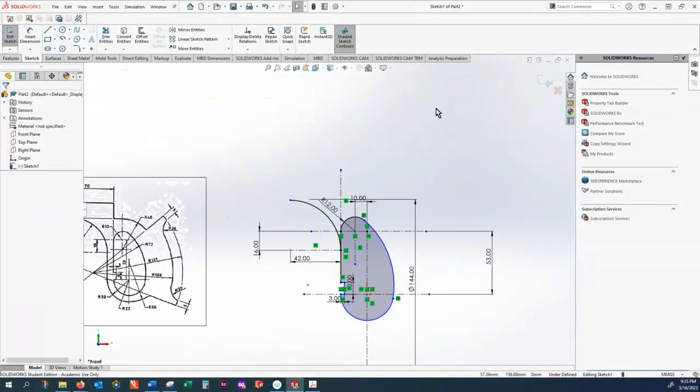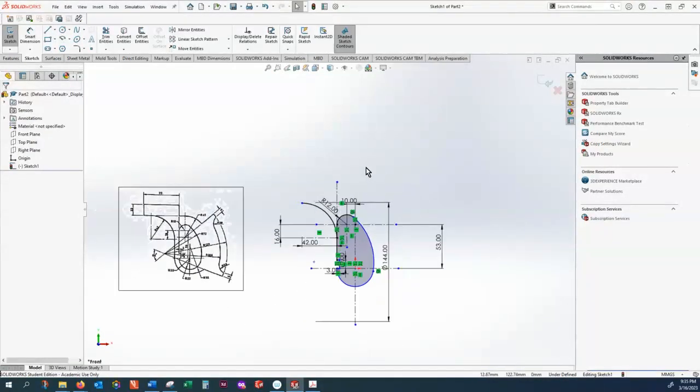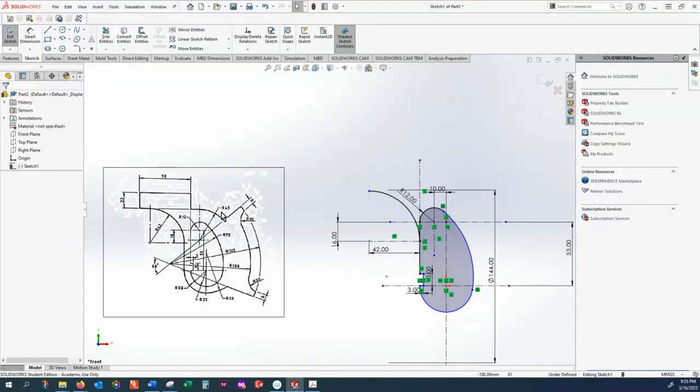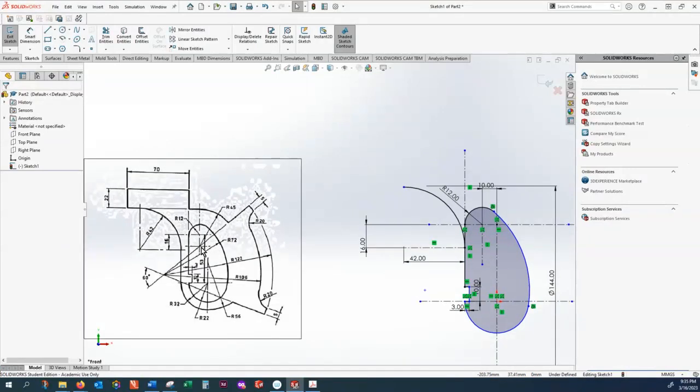All right, now let's make an arc with a radius of 45, which is okay, 45. Yeah, that center is not specified yet, but